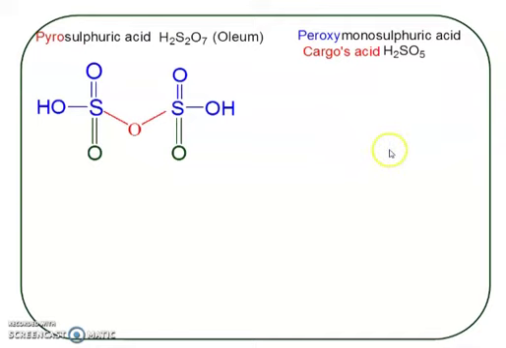We try to draw the structure of this. First of all, sulfur is attached to oxygen and sulfur is also attached to OH. This type of bonding is permanently present in all the oxo acids of sulfur. Now out of 5 oxygen atoms, 2 oxygen atoms are used in this structure, and out of 2 hydrogen atoms, 1 is used. So 1 hydrogen atom is remaining, and hydrogen is always present in the form of OH. So add